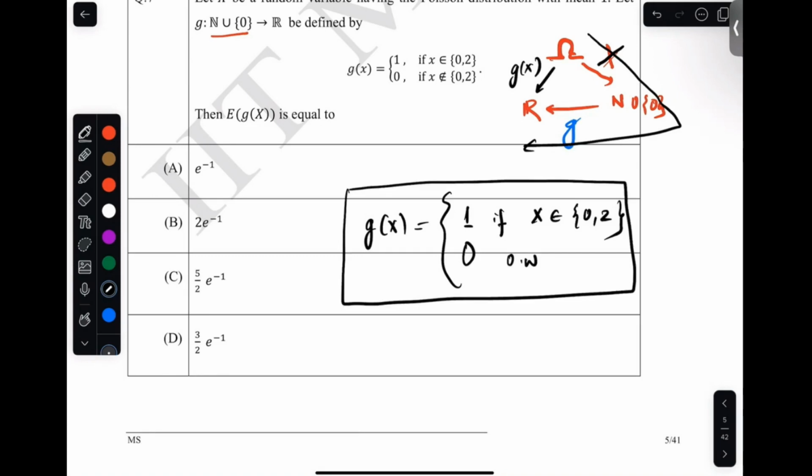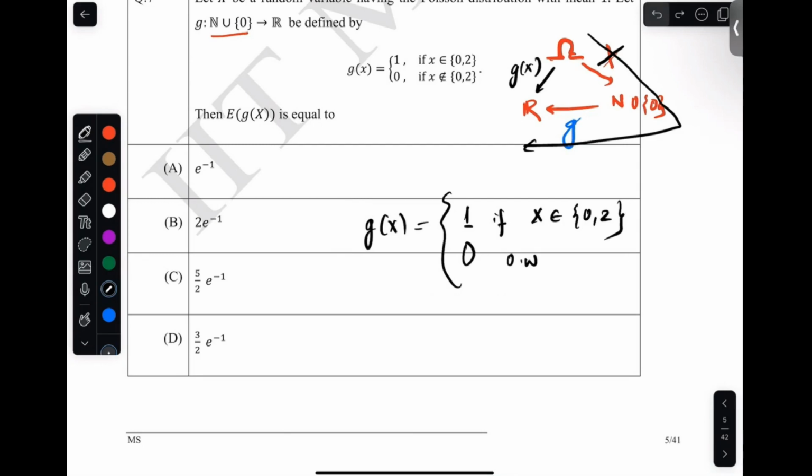This is a random variable. But you can see it's kind of an indicator random variable, and also it's a Bernoulli. What it means is that it takes 1 with certain probability. With probability what? And it takes 0 with probability what? That's what you have to find, right? That essentially you have to find. With probability what? So you can observe that g(x) takes 1 with probability